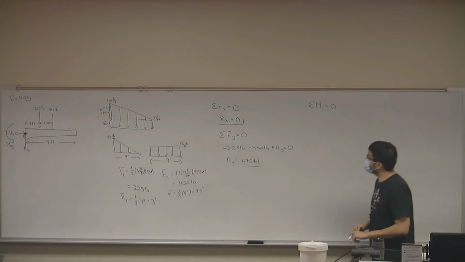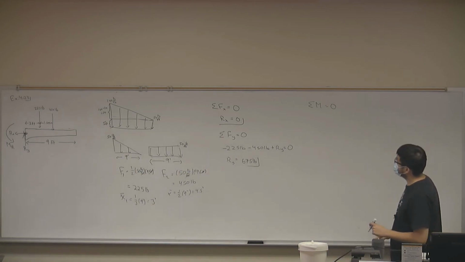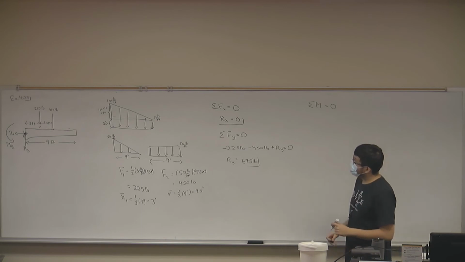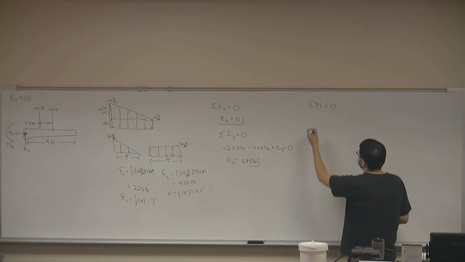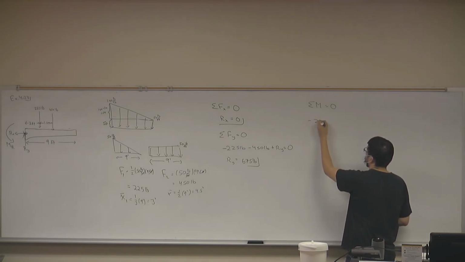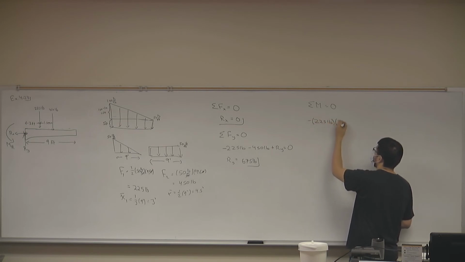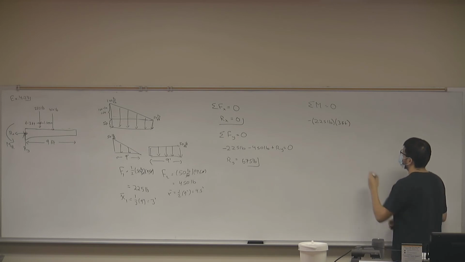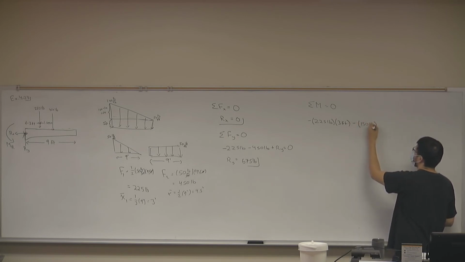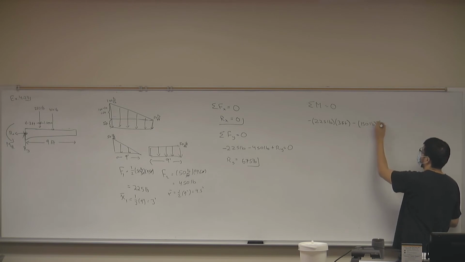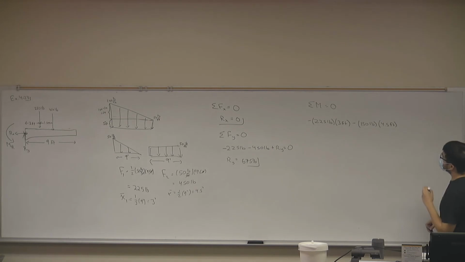Okay, so the first one would be negative 225 pounds times 3 feet. Then minus 450 pounds times 4.5 feet. And then